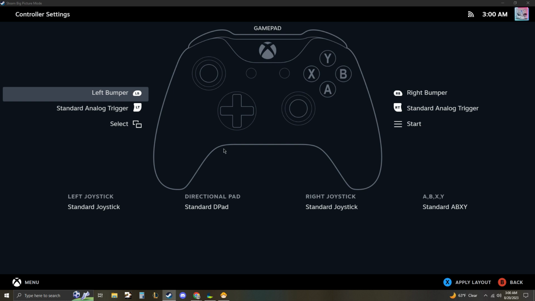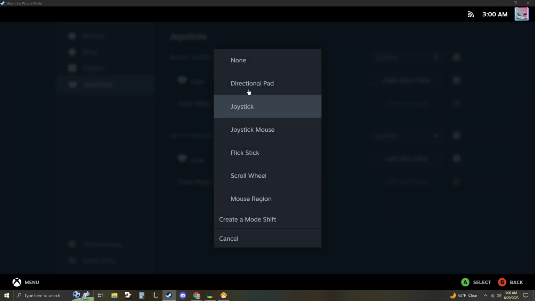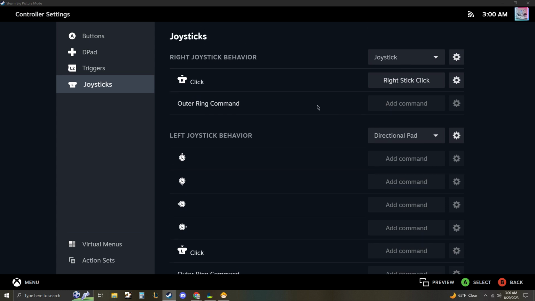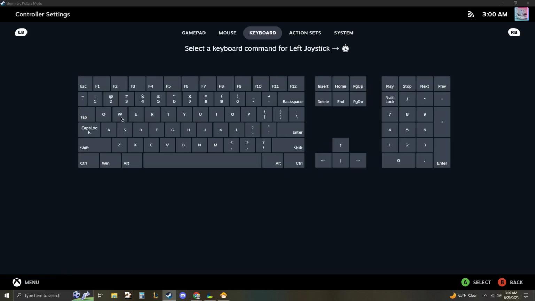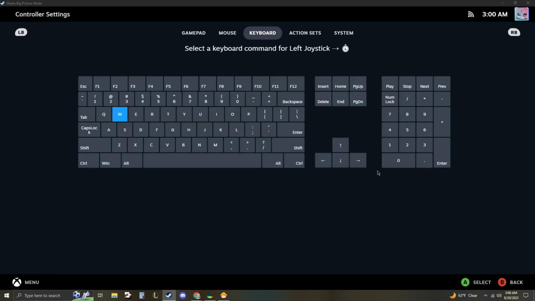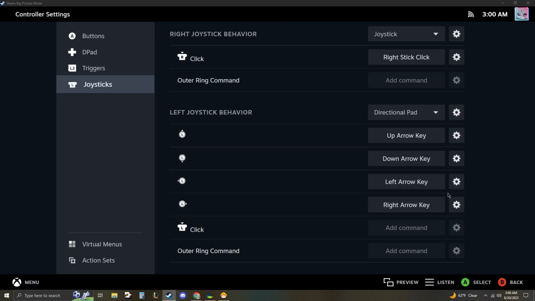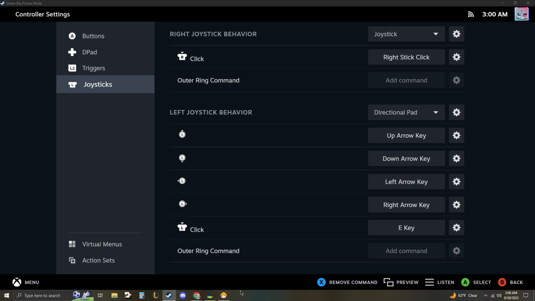So first thing you want to do is set up your left joystick, which is how you move. At least for me, that's how I move. So left joystick, you turn it into a directional pad, which, you know, makes the most sense. And then you just set it as your movement. W S A. Oh, I'm tripping. Up arrow, down arrow, left arrow, and right arrow. And then left click, I set it as E. That's for like my